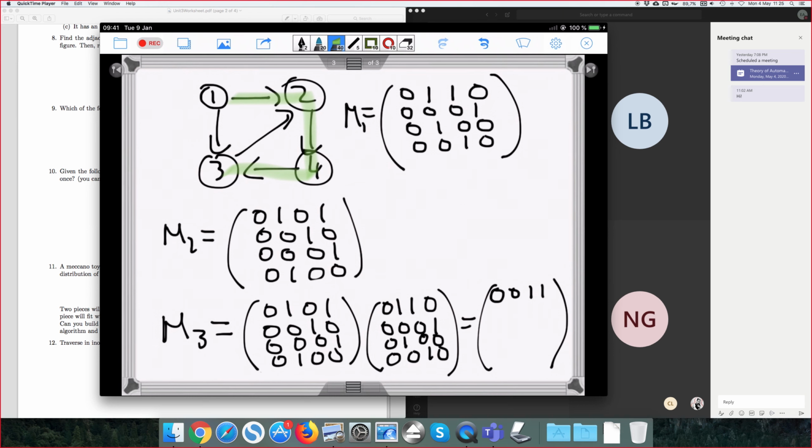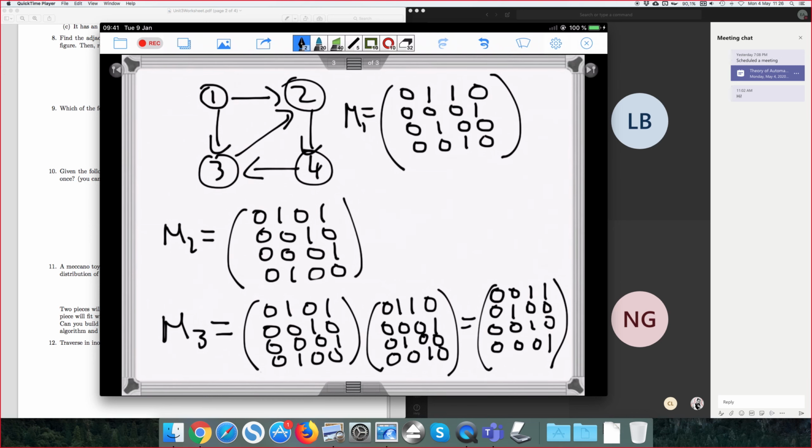Okay, and also from 1 I can go to 4 with this path of length 3, so this is a 1 here. For the second row, I need to copy the third, which is 0, 1, 0, 0. For the third row, I copy the fourth, which is 0, 0, 1, 0. And for the last one, I copy the second, 0, 0, 0, 1. And this is the third